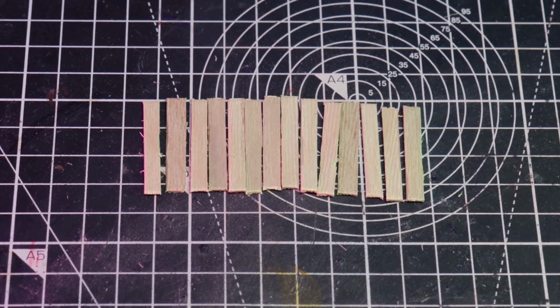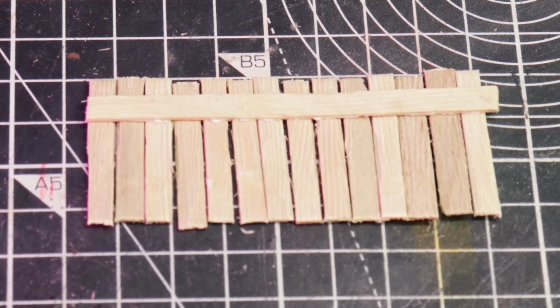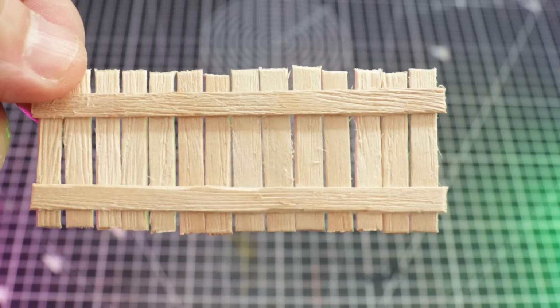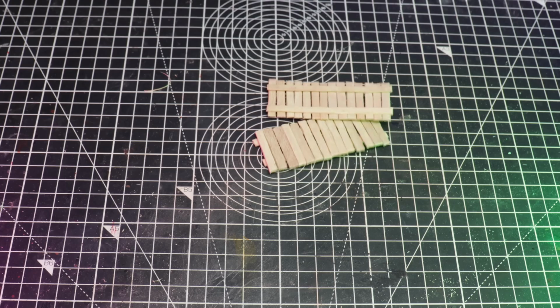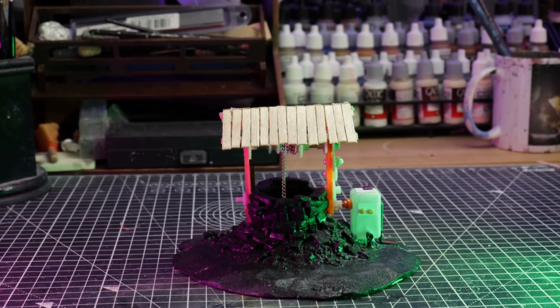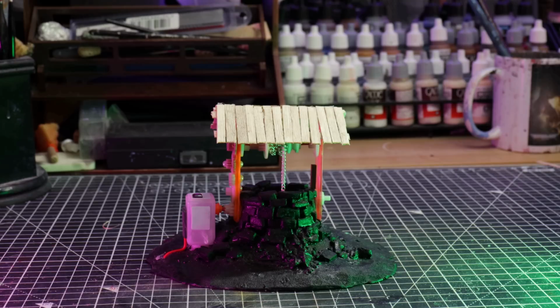Here we have a row of tiny planks, all weathered and aged, thanks to Rod Fruit's video there, the advice he gave. I'm going to use a couple of longer planks to glue on top, and I need two of these. So I'm going to throw it at the table, and via the magic of editing, it will become two. Now look at that, that looks lovely. But it does look